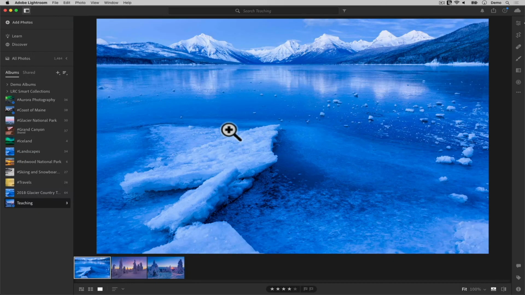Back here in Lightroom, I just want to reassure you that adding a watermark, like everything else that we do in Lightroom's export dialog, has absolutely no effect on your original image. Creating that JPEG copy for email with the watermark will not harm my original RAW file, so there's nothing to worry about here.